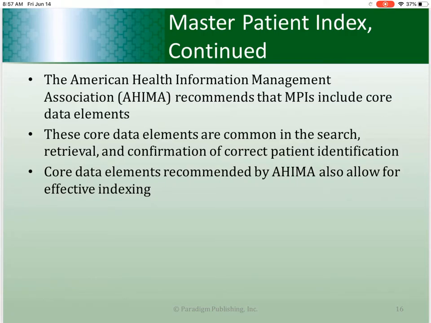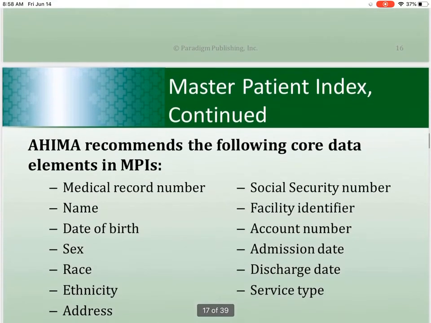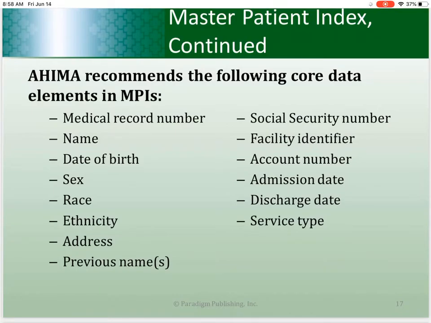The American Health Information Management Association recommends searching for a patient based on core elements. For indexing in an MPI, the core data elements of a patient record include the following: medical record number, name, date of birth, sex, race, ethnicity, address, previous name, social security number, facility identifier, account number, admission date, discharge date,